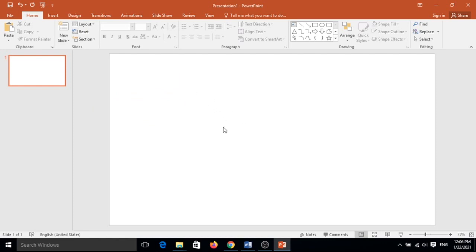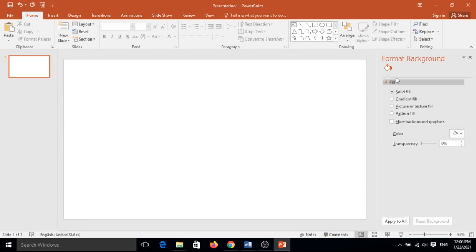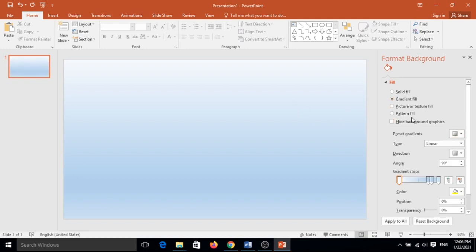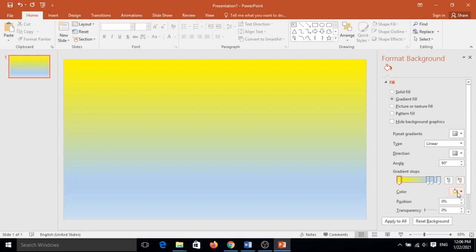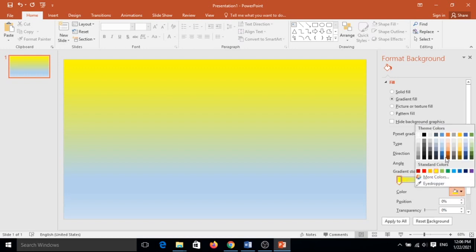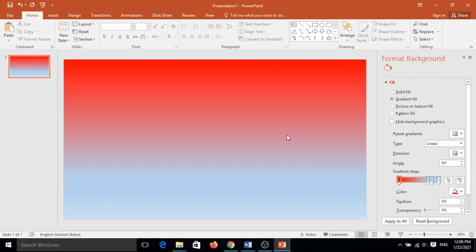And I want to just change the background. Right click on the slide, right click of the mouse button, an option will appear, Format Background, and click it. See, on the right side it will appear, and choose Solid fill. It depends on you what you want. Choose from here to make your color. Suppose I want to add this color. It depends on you. Yes, suppose I have taken this slide color.